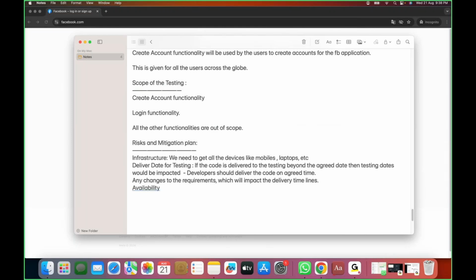Availability of team, I can say. Even if developers are not available, the development dates will be impacted. If the development dates are impacted, the testing dates are also impacted. Even if the availability of the test engineers is not there, you're supposed to make sure. Then what's the plan for this? What's the mitigation plan? Assume that out of four testers, two testers are on leave,